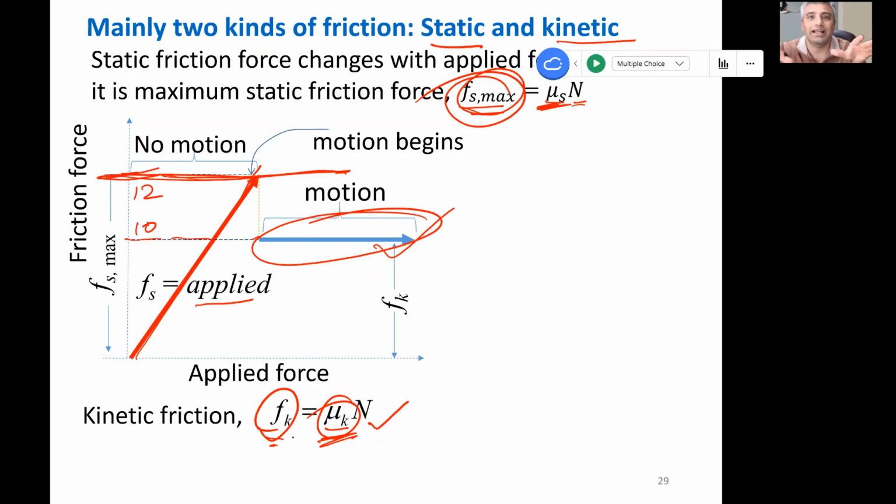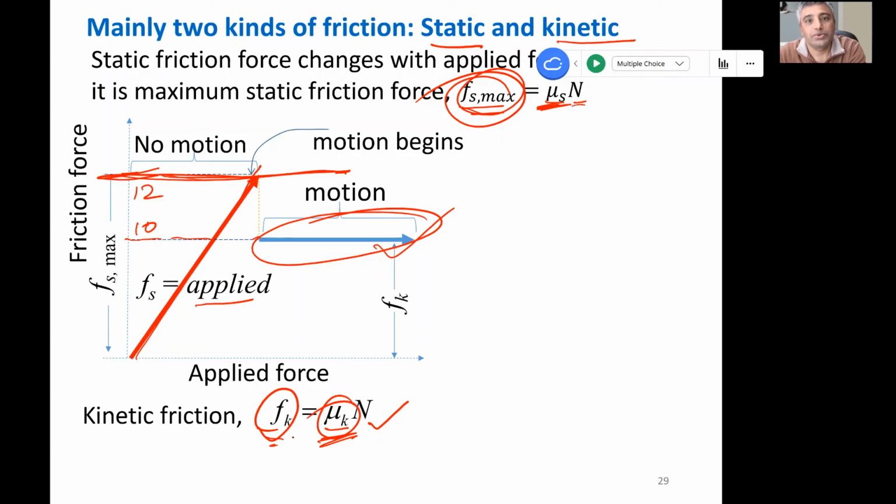So often what happens is we, as students, tend to not differentiate between friction coefficient and friction force. In the problem, you may be given the friction coefficient, and you may be using that as the friction force in the equation. Not good. That's a mistake, right? So if friction force is given, it's going to be given in Newtons, because the unit of force is Newton.